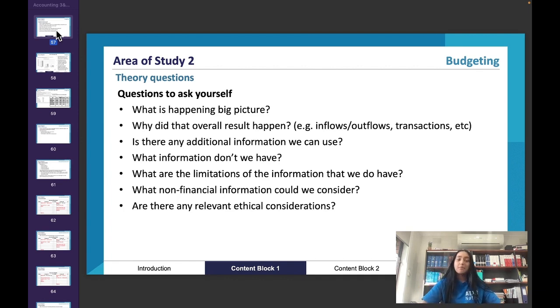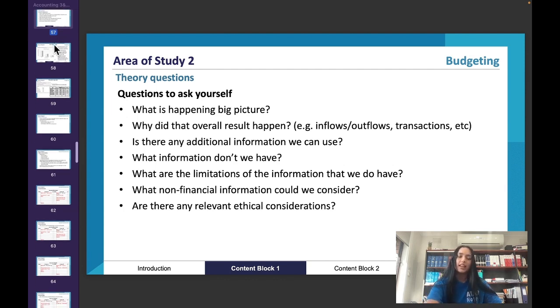Think about the information that's missing from the question. What don't we have? Do we need to find that information? Is that information important? For example, if it's asking you to figure out which depreciation method is going to be used, but it doesn't tell you the revenue earning pattern, you would say, we don't know the revenue earning pattern, and that's the most important piece of information. We need to pick a depreciation method, so we need to know whether it has an even revenue earning pattern or whether that asset is more valuable for revenue earning at the start versus at the end.